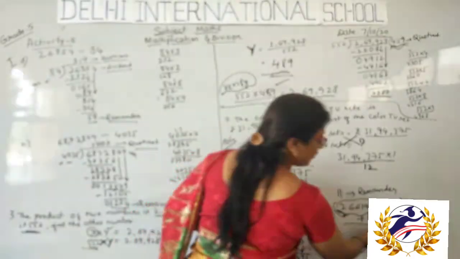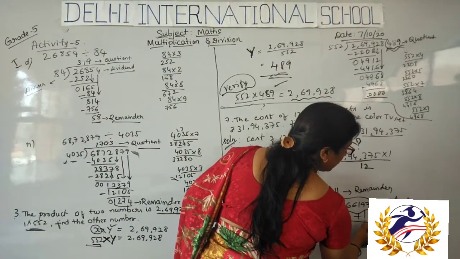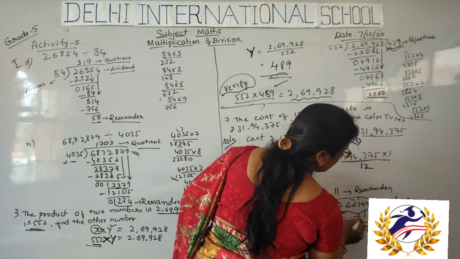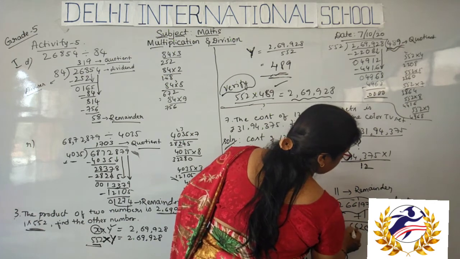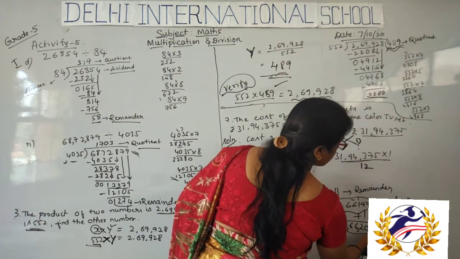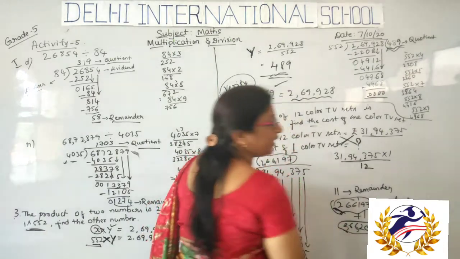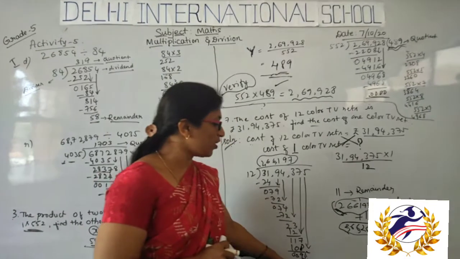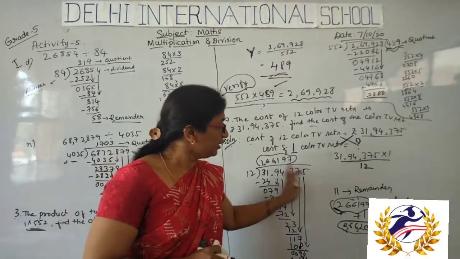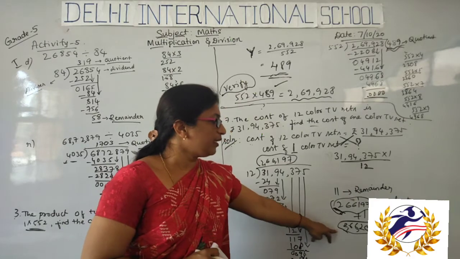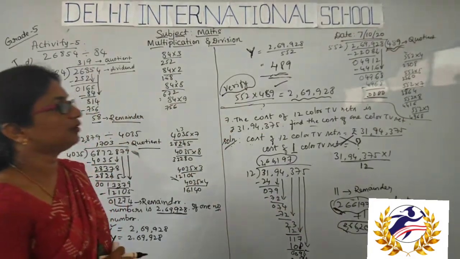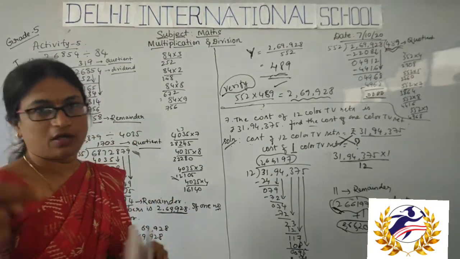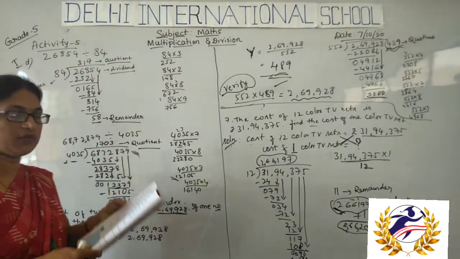The remainder that is there, you have to add it to this. So 7 plus 1 is 8, 9 plus 1 is 10, 0 and 1 carry, so 2, and then 6, 6, 2. So 2,66,208 is the cost of one color TV set. Okay, if the remainder is 0 you do not do anything, but since the remainder 11 has come, you add it to the quotient and keep it. That is the cost of one TV color set. This is how the problem is done.